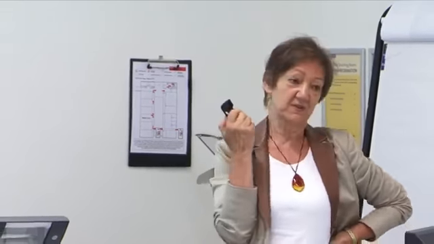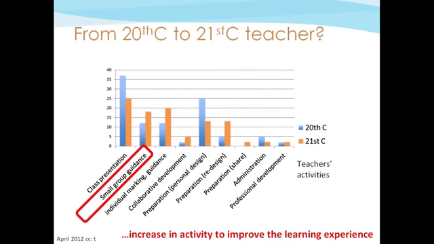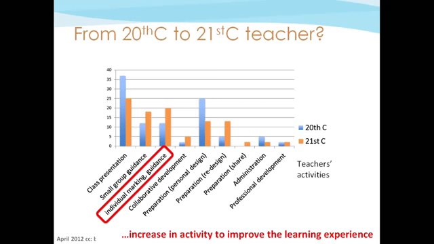So what does this all mean for the 21st century teacher? How is the teacher's life changing? Well, if you take this as a sort of pretty comprehensive selection of activities that any teacher is likely to be engaged in, from class presentation through to administration and professional development, that distribution of their time is also going to be shifting. And what we're expecting to see is that we get an increase in small group guidance, a decrease in the class presentation kind of approach, more of that small group guidance kind of approach, made possible by learning technologies. We should see more individual marking and guidance, more personalized teaching.